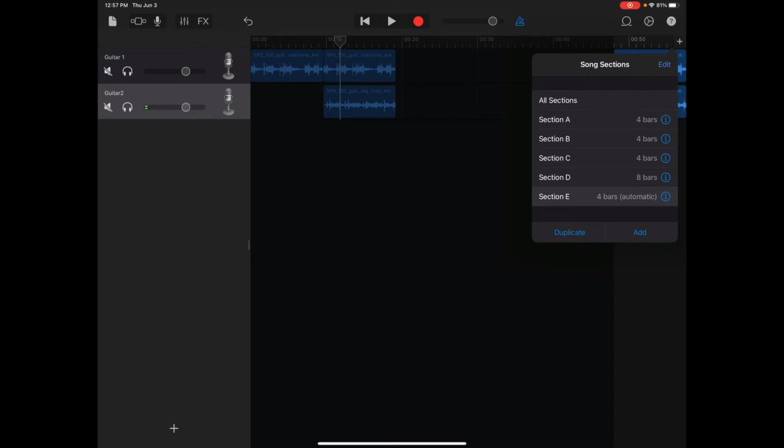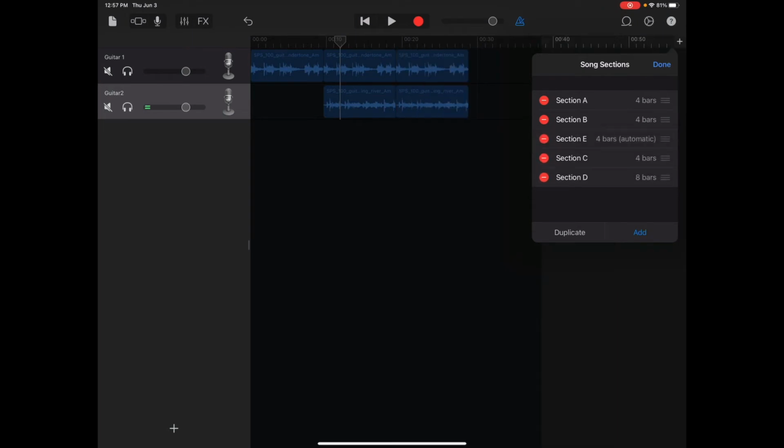So I'm going to go to edit, and I'm going to drag section E underneath section B, holding these 3 lines down and dragging it under section B. So now I have that. Okay, so then I'm going to go back to section B,